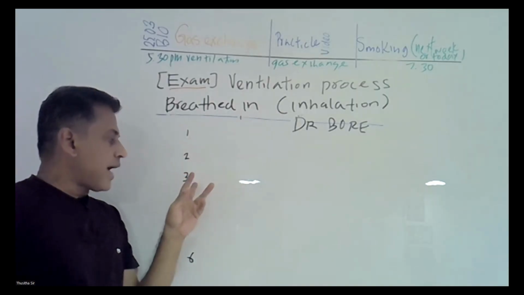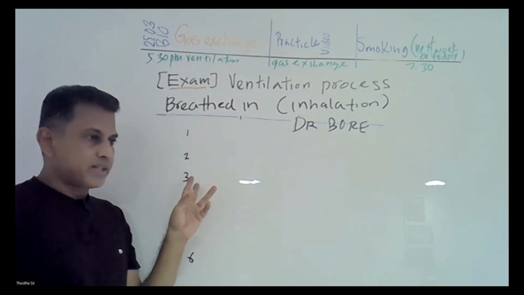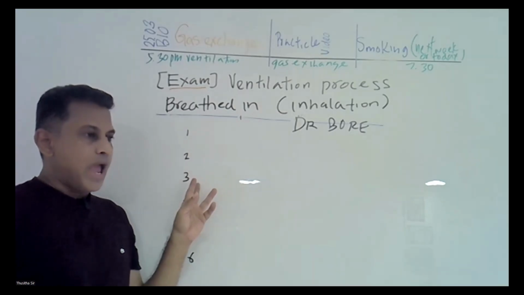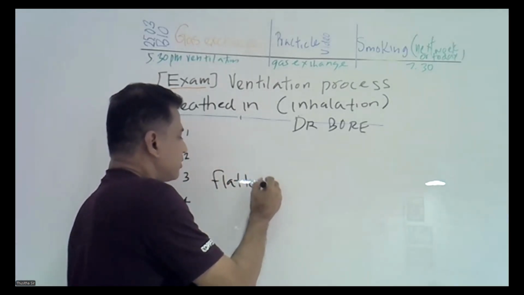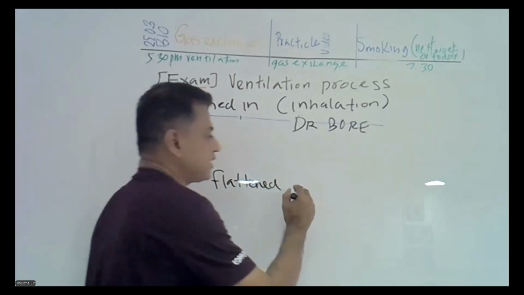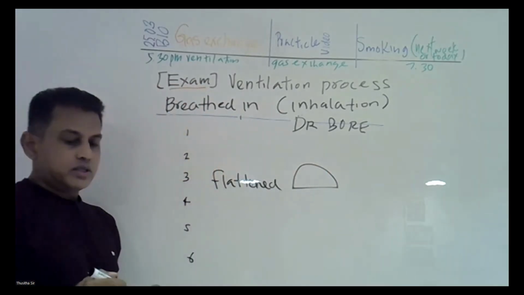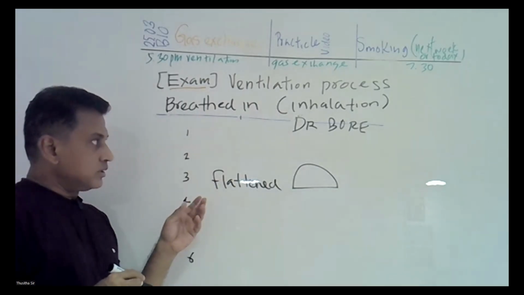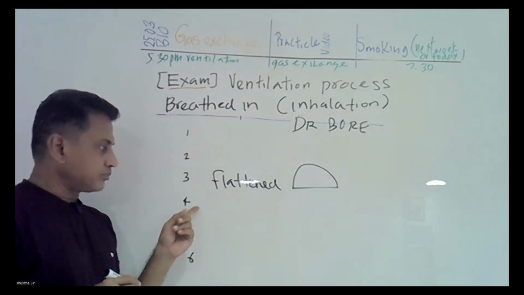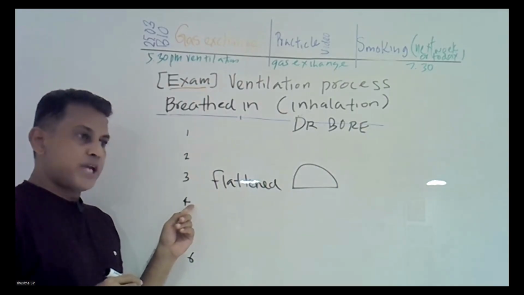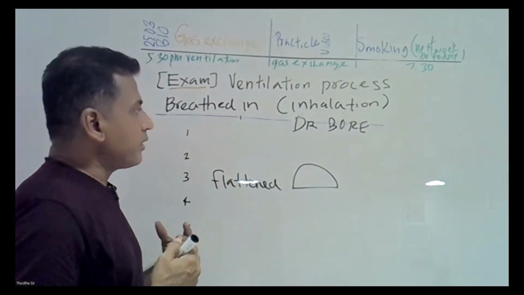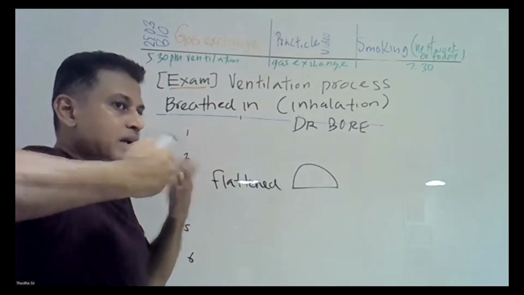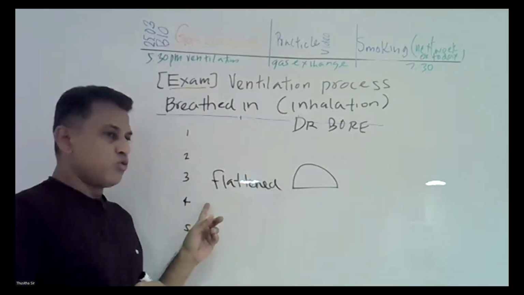Number 3, diaphragm contract and get flattened, not dome, flattened. Diaphragm get flattened like this. Then the 4th one we learn rib cage shape, right? So what we learn, rib cage, when we breathe in, it's going up and out. Then you write rib cage move